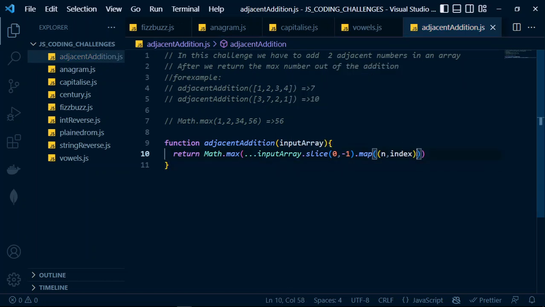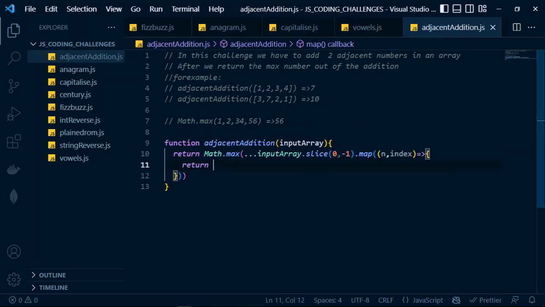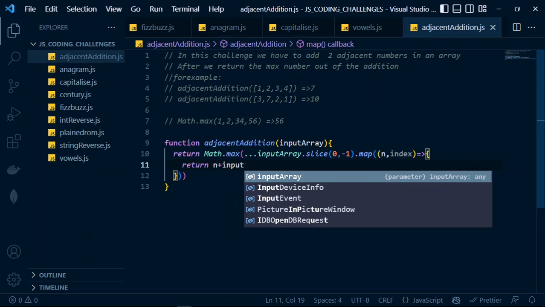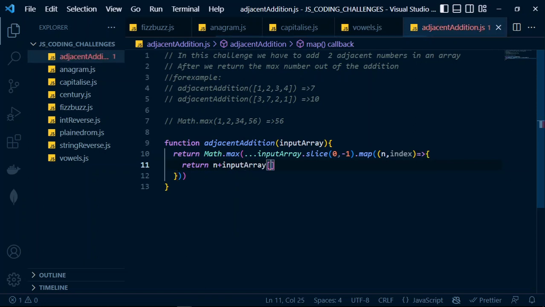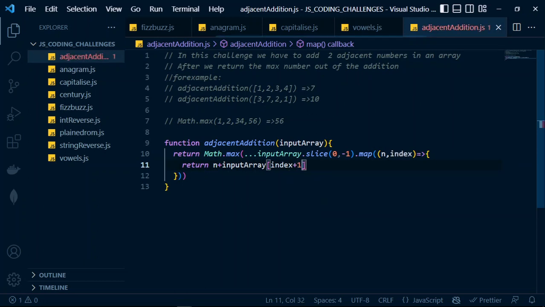For each number and its index, we are basically returning that number plus the input array at the index of that number, then adding on 1. I want to explain this line a little bit, but let me hope everyone understands, starting from this max